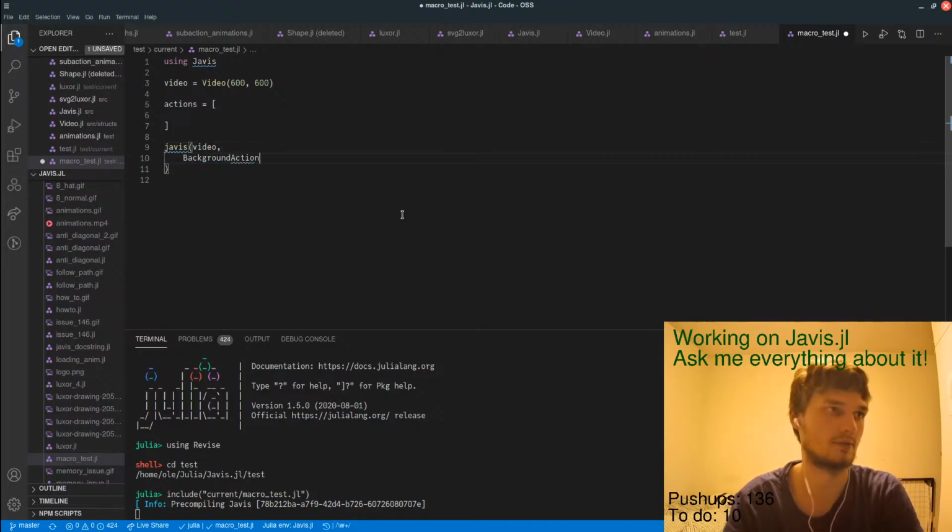Background. Oh yeah, by the way, typing backgrounds for the hundreds of actions, I think it will be a great idea to just have a Javis ground function. We should not call it ground; we call it ground everywhere, and then it breaks.